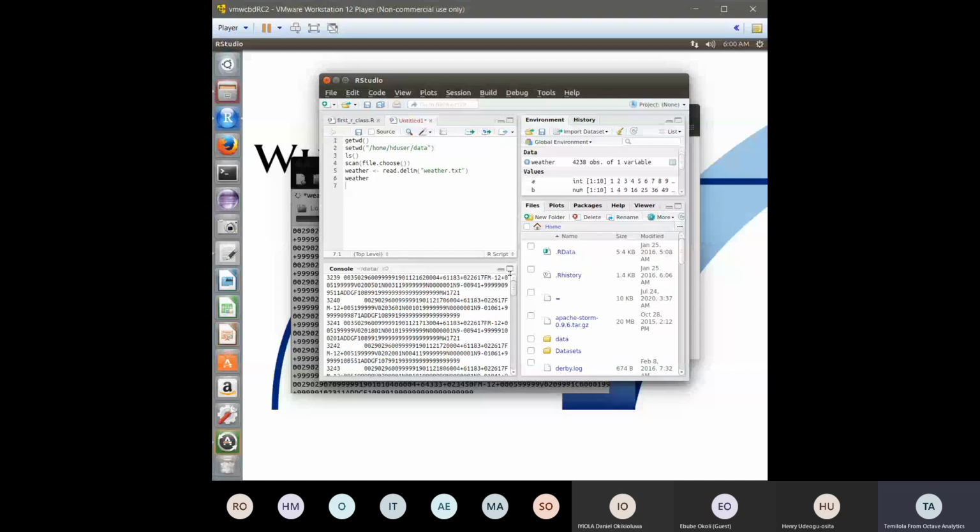So how do you check the head? Head of weather. So ideally, okay, it's not making sense. I also don't know what was stored inside, but